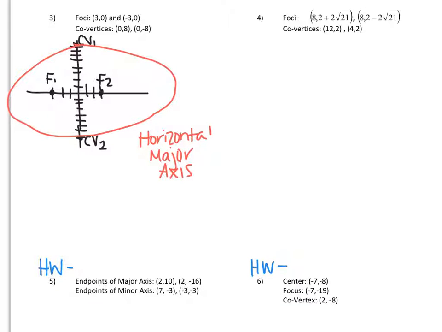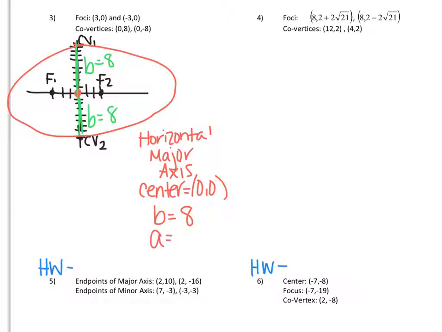Okay, and we also know our b value, and we also know the center. So you see how this goes up 8 at 0, 8, and 0, negative 8? That means my center is right here at the origin. So I know my center is 0, 0. And I know what my b value is, because the covertices is always the b value, which looks like this is 8, and here is also 8. So we know that my b value is 8. And it looks like we don't know what our a value is, because a is where the vertice would be. So we need to figure out